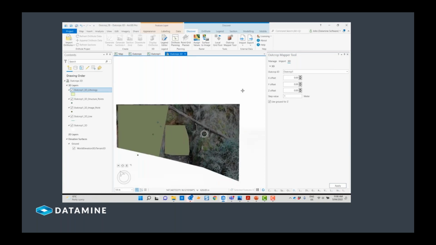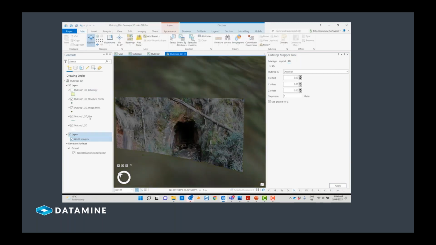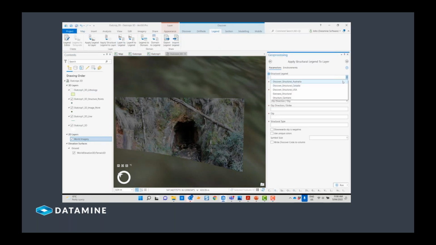So what it does, it brings the image across with all the annotations that you've brought into, now it's in the 3D window in real world space, okay? So now I can apply the structure legend to those points. And